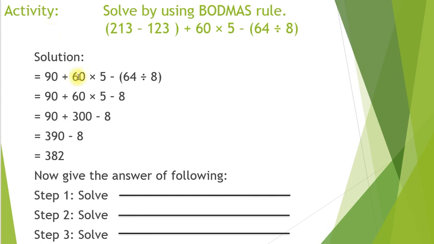This was the activity. The sum is solved by myself, but you have to write the steps. What are the steps we followed? I did not write any of the steps while I was solving this sum. So you have to write the steps, which steps we used, whether we solved brackets first, of operation, division, multiplication or addition or subtraction. You have to write the steps step by step. That is quite easy. If you feel any difficulty, follow the previous examples of the sums.